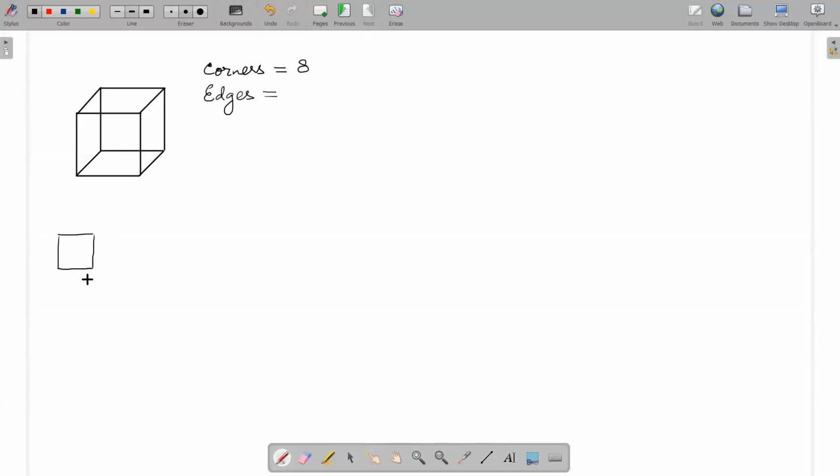Okay, let us see. Sir, you're saying edges means sides of a cube? Yeah, edges means side. No, this is an edge. This is one edge, this is 2, third and fourth edge. So a square has 4 edges. Square has how many edges? 4 edges. Okay, just be with me, and let me just copy this and move it here.